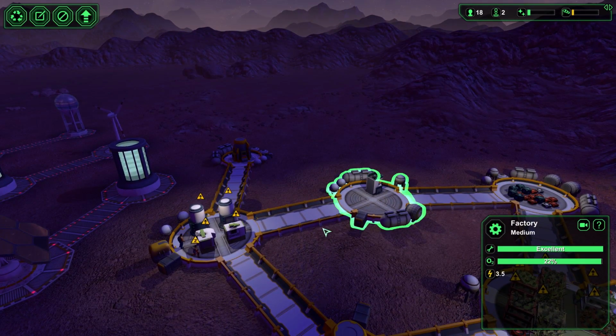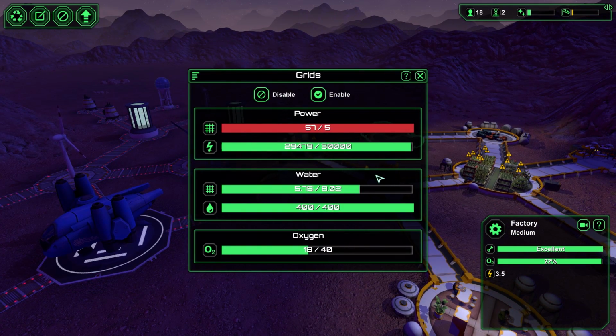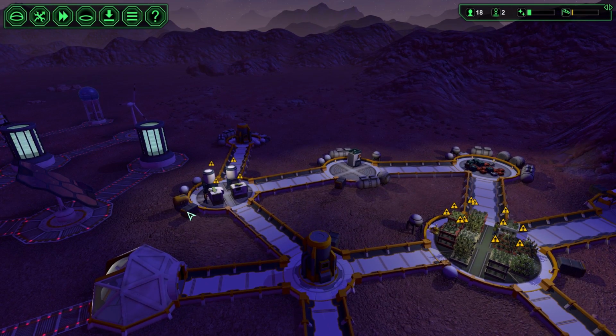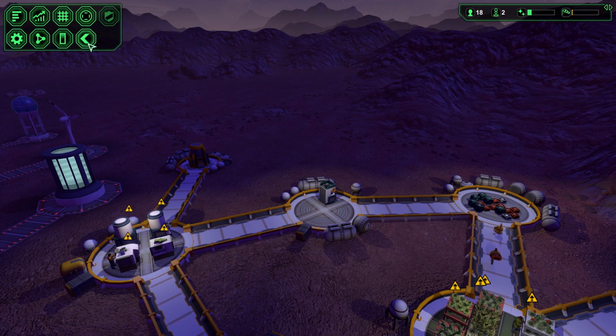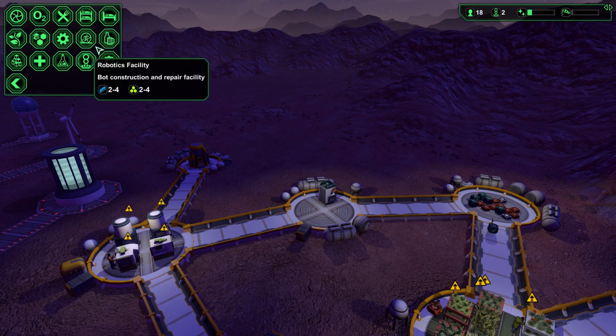So that robotics facility. How's power? Yeah, we should be fine on power. I might build one more power storage, you know, just to be safe. Especially after we build a few more facilities. Anyway, we need more bots, so...